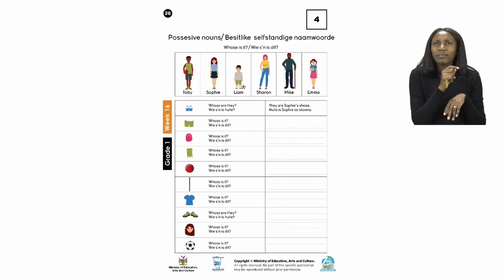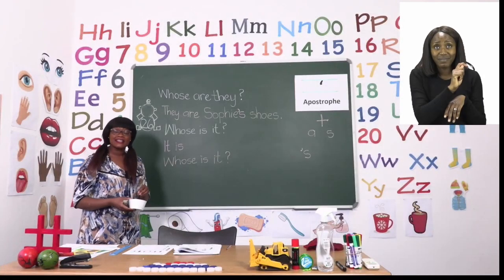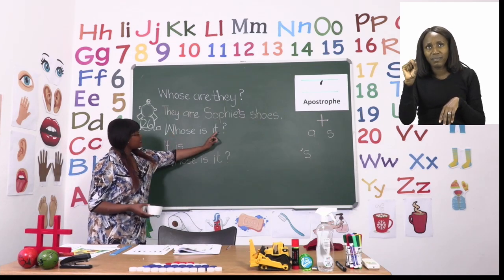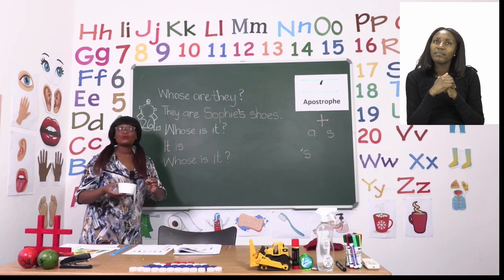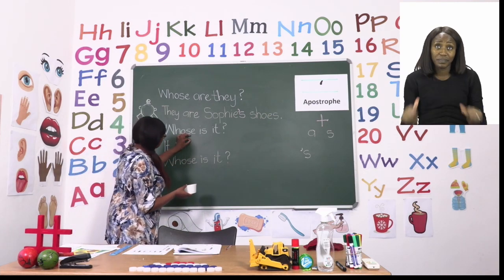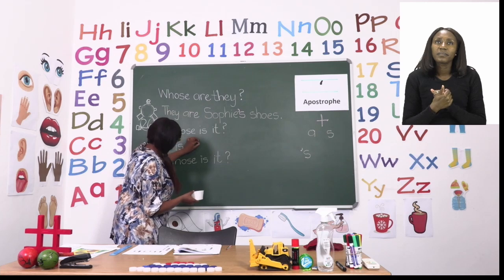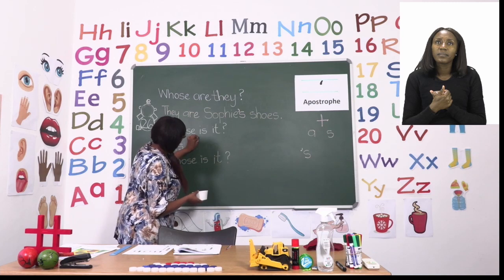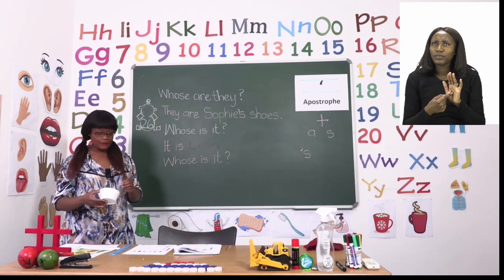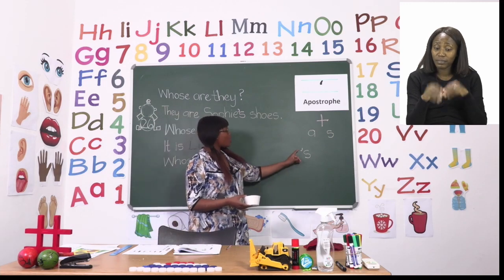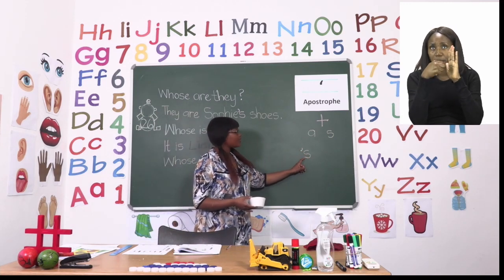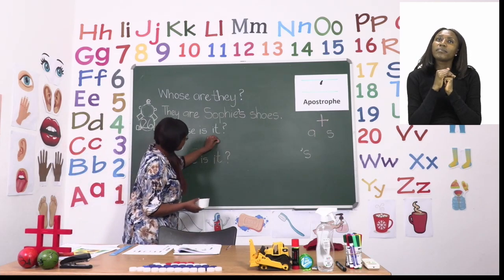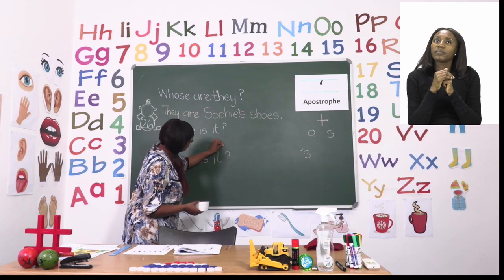Let's take a look at the board. If the shorts belong to Liam, this is how we're going to write it. It will say, it is, and then we write Liam. So we're going to write Liam's name. And then after writing Liam's name, to show that the shorts belong to him, we need to add our apostrophe and our S behind Liam's name. So we're going to say it is Liam's